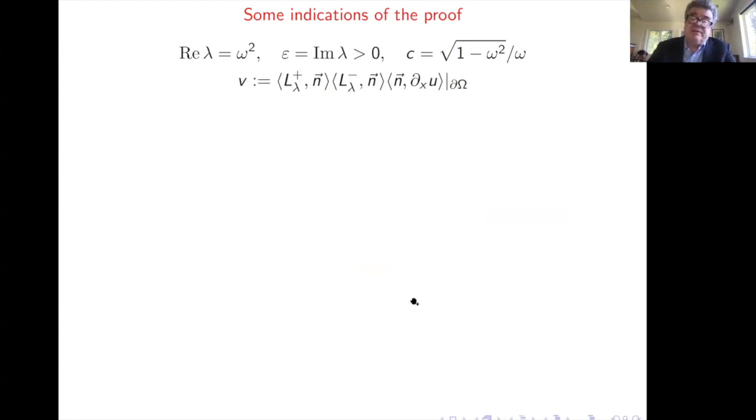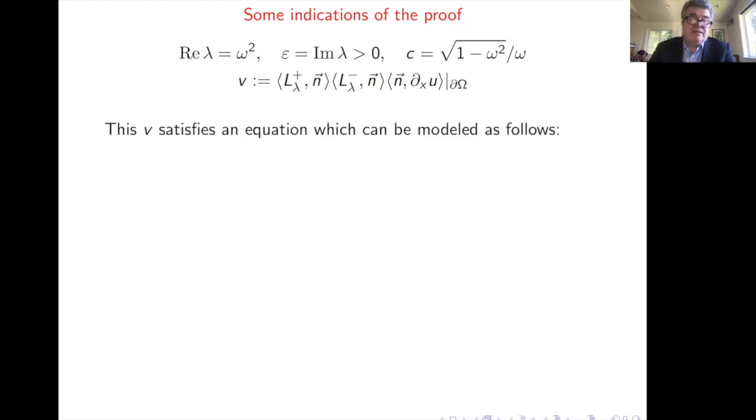But nevertheless, despite this complication, one can do the analogues of single layer potential theory with this V, and for instance show that if this V is smooth uniformly with respect to epsilon, then the solution U is smooth also uniformly with respect to epsilon. And this V now satisfies an equation. This is not the equation that my honest V satisfies, but I will give a simplified version just to indicate what it is.